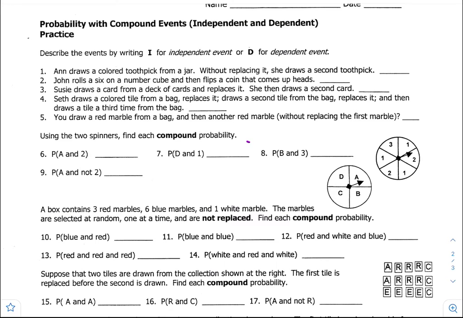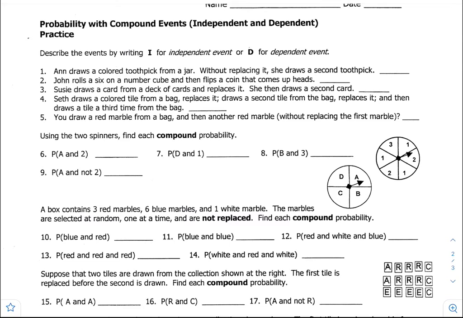On compound or probability with compound events, independent and dependent practice. For 1 through 5, you just say if this is independent or dependent. Remember, independent is when it's with replacement, meaning you put back whatever you took out. Dependent is without replacement, which means you take it out and you don't put it